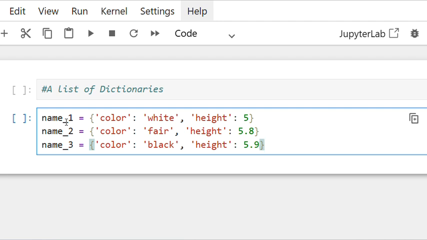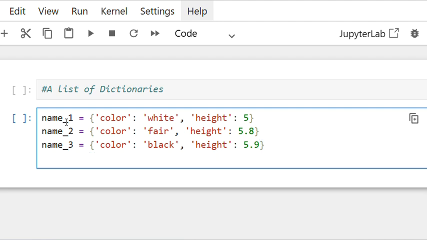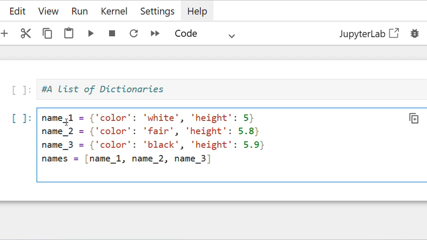Okay, now I want to make a list and enclose all of it. So let me write a list, names, and we already talked about lists in detail. Let me include all the variables, all the dictionaries: name 1, name 2, and name 3. Now if I want to make a loop, then for name in